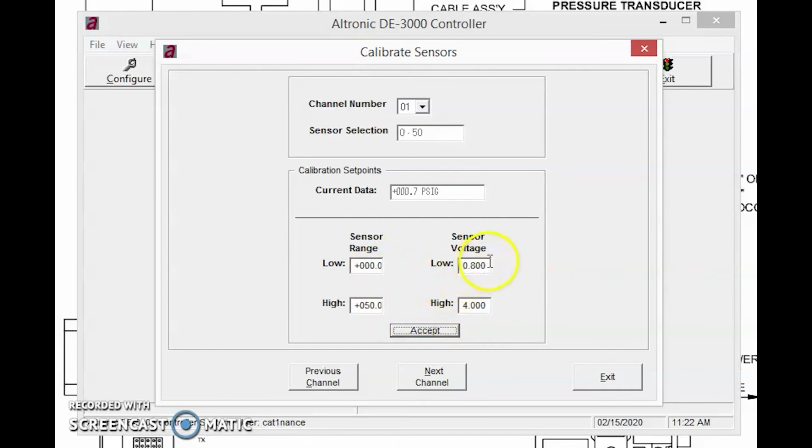So we're just going to tweak the low side real quick. Now I measured the voltage earlier, and I've already forgotten it, so I'm going to measure it real quick one more time. And I have 0.860 volts. So all I'm going to do is highlight this 0.86. I'm going to click out of that cell and I'm going to hit accept. It takes a second to refresh, but there we go. We're reading 0. So we do the same thing for the high side, just like the 0 to 5 volts,